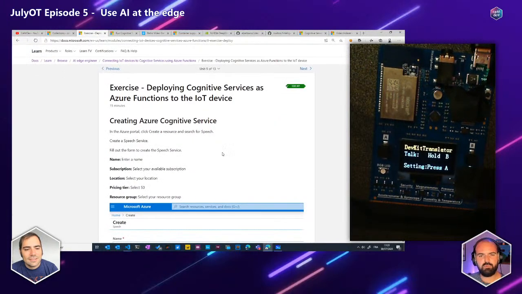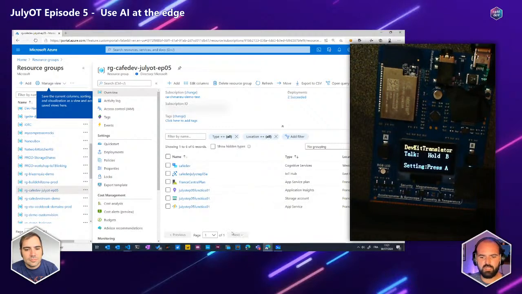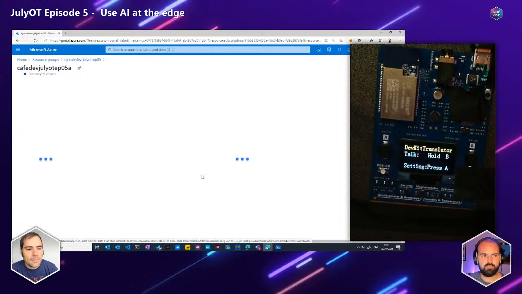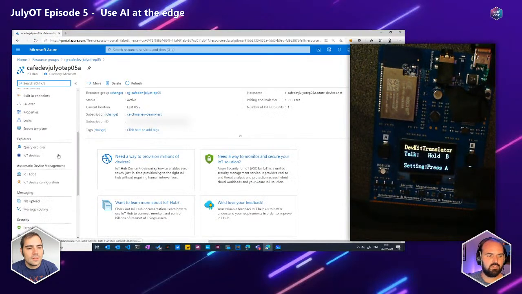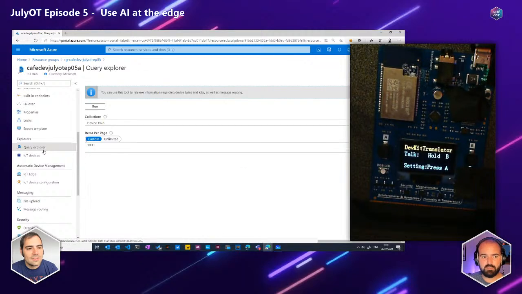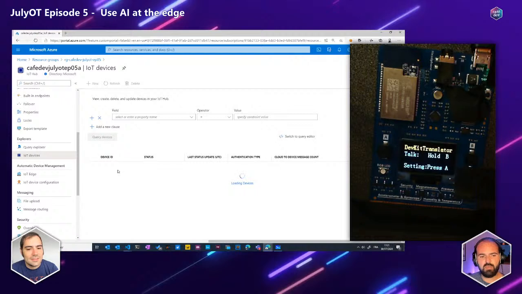So the next one, we will deploy all the Azure services required for this specific application. So I will go ahead and show you my Azure Portal. And I've created a resource group where I've created a bunch of resources. The first one is the IoT app, very classic if you already know an IoT app. And I only have one device here. One device, which is my MXShip,